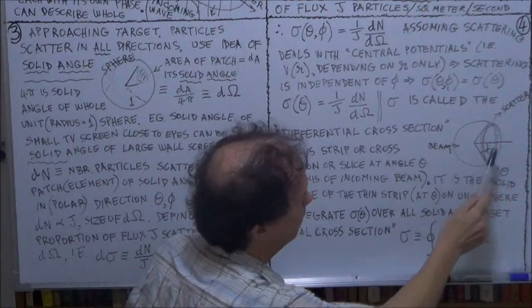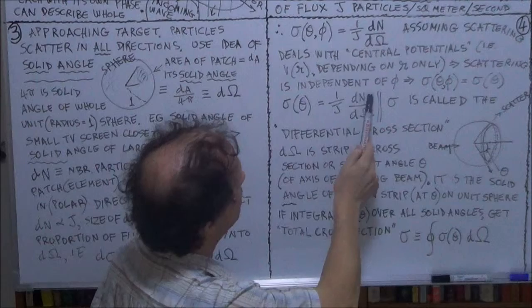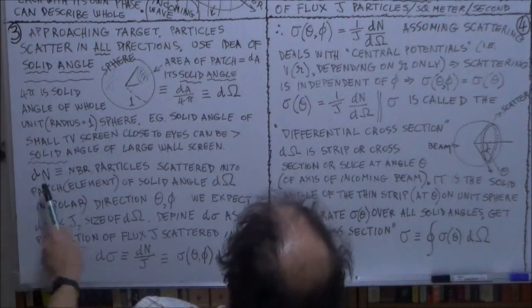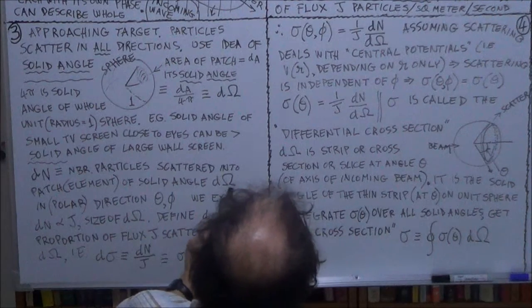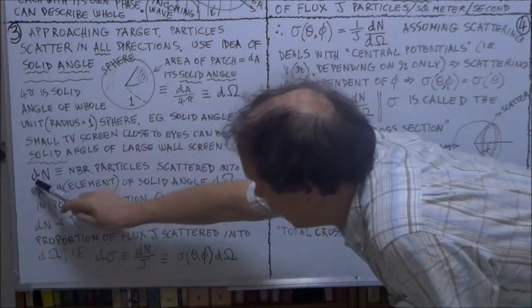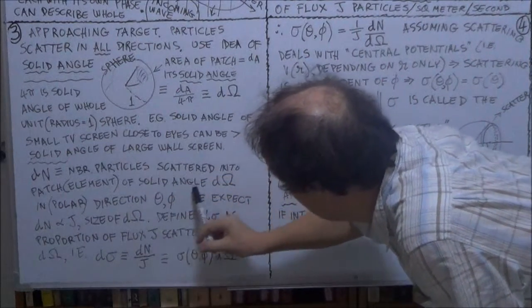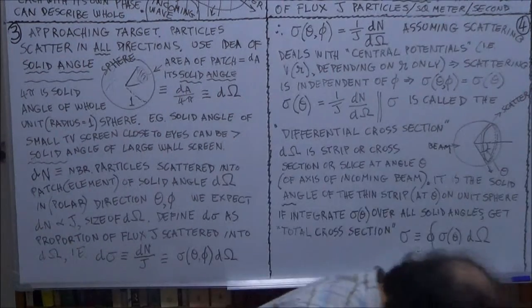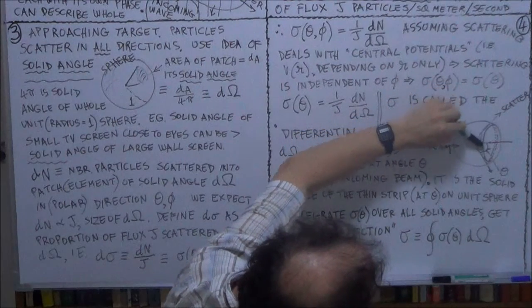So you can find the dn here. Remember, dn is the number of particles scattered into a solid angle d sigma. It's dn by definition, the number of particles scattered into a patch of solid angle d sigma. Well, in this case, let the patch be this strip here